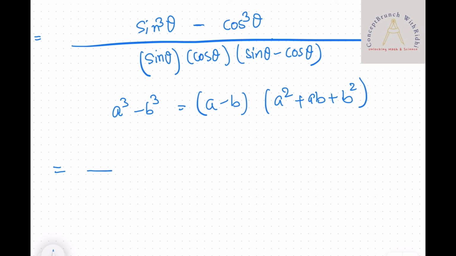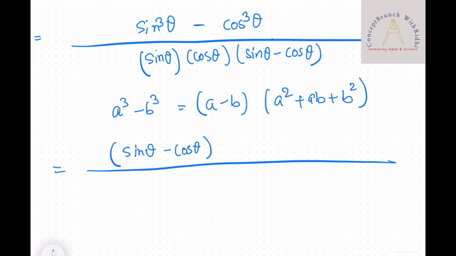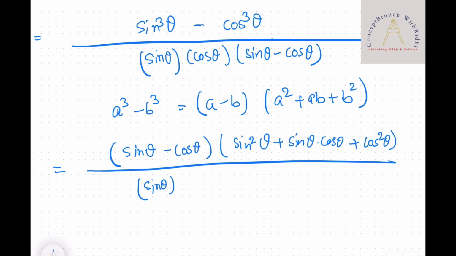So it's going to be sin theta minus cos theta times of sin square theta, sin theta times of cos theta plus cos square theta, correct? And in the down we can write same thing, no change at all. Sin theta times of cos theta times of sin theta minus of cos theta. Okay,